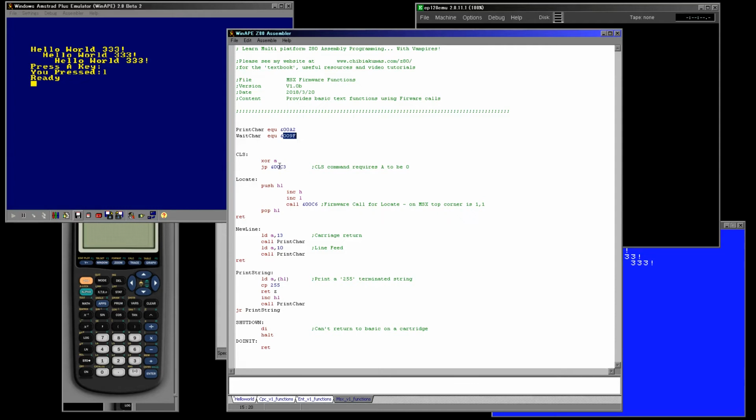And clear screen isn't too bad either. The only thing with the clear screen command is it requires the accumulator to be 0. So we've done XOR of the accumulator, which is our quick way of loading the accumulator with 0. Then we jump to C3, which is the CLS command. So that's quite easy. C6 is the locate command, but just like on the other system,